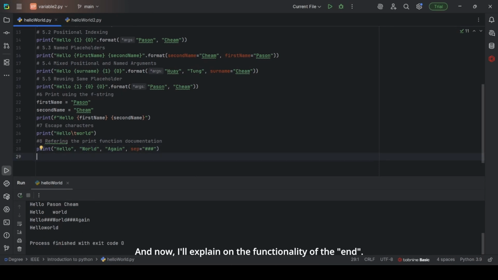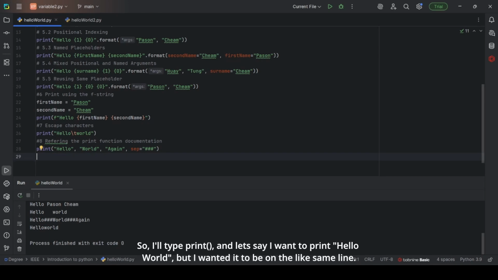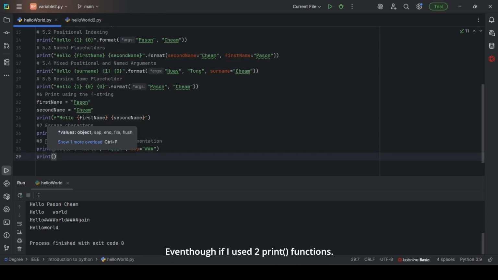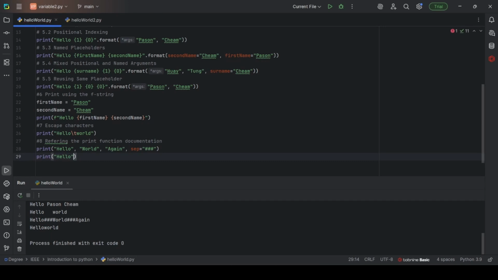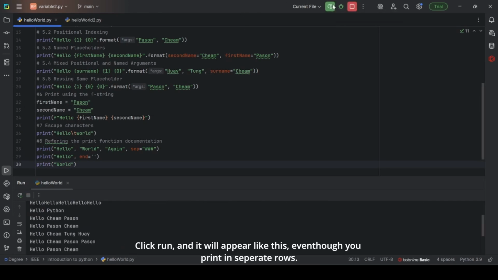And now I'll explain the functionality of end. So I'll type print, and let's say I want to print hello world, but I want it to be on the same line, even though I use two print functions. So let me show you. Hello, comma, end, sorry, you can use single quotes as well. Let me do it with single quotes, and click run, and it will appear like this